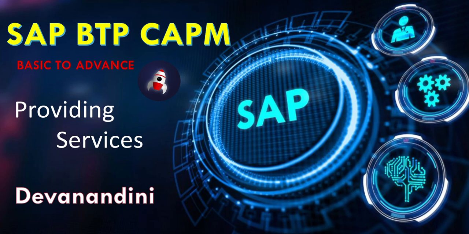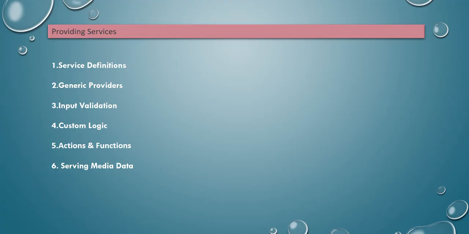In my previous video, we covered the domain modeling in CAPM. So now it's time to take the next step, exposing the data through services. In this video, we will explore how to define a service, leverage the CAP built-in generic providers, and implement the input validation to ensure the data integrity. And also custom logic, actions and functions serving media data. These are the concepts in providing services. In today's video, I will explain service definition, generic providers, and also how to implement the input logic to